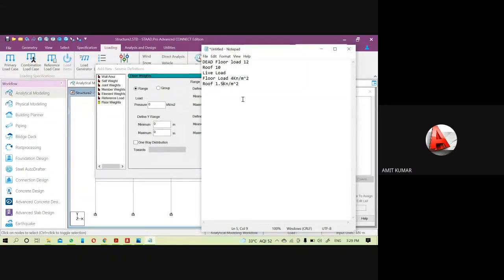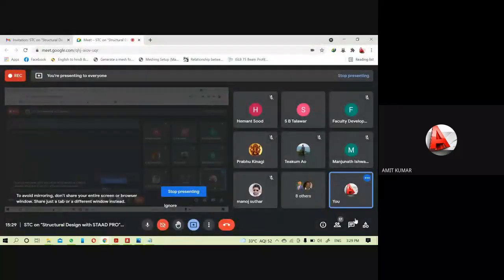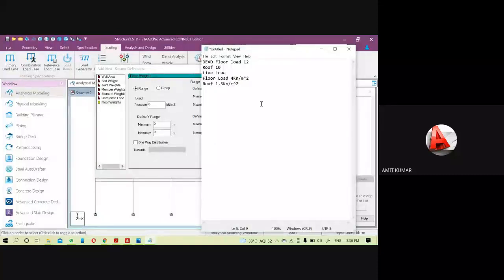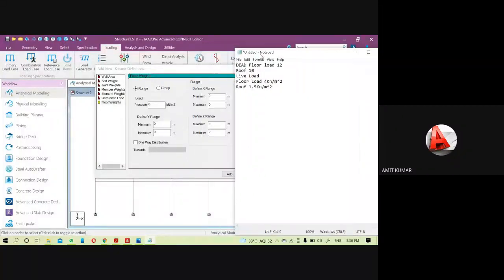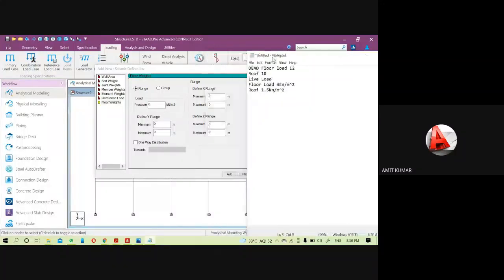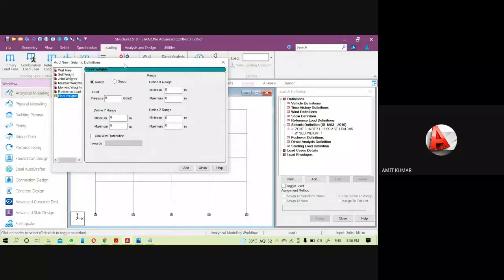How to calculate these values? Okay, so let me continue. The dead load is 12 and the roof load is 10. Now come to the floor weight. First I'm going to add the dead load.